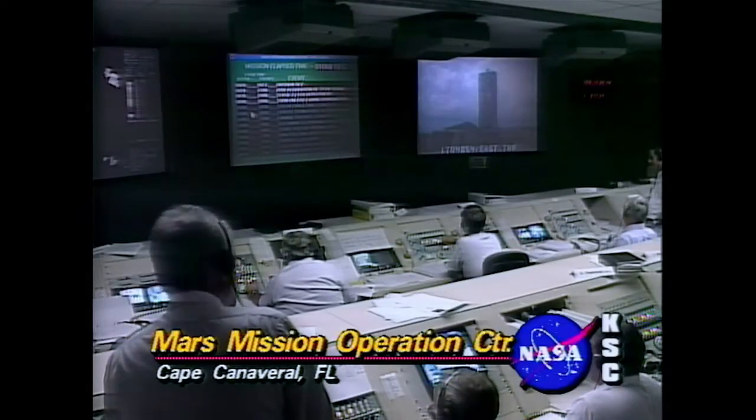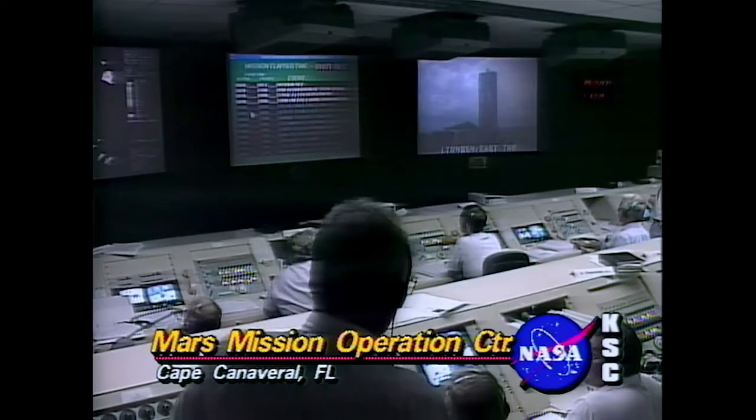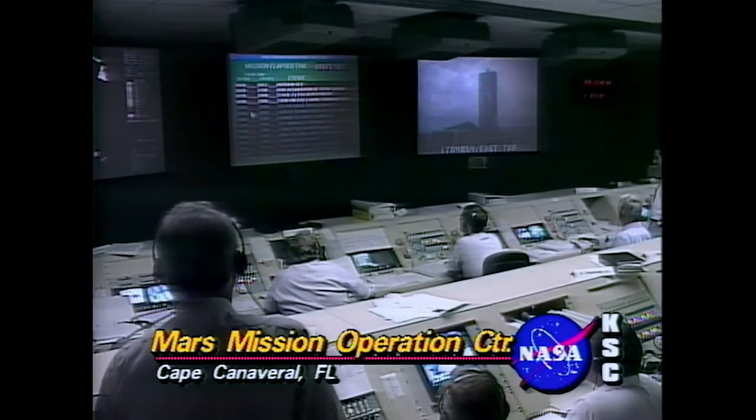So the idea was there are pretty much routine processes now for building spacecraft for the Earth. And why don't we pull a spacecraft off, modify it only slightly, and send it to Mars? And we'll put our instruments on board, we'll compete for the best instruments, and we'll fly them, and it'll be